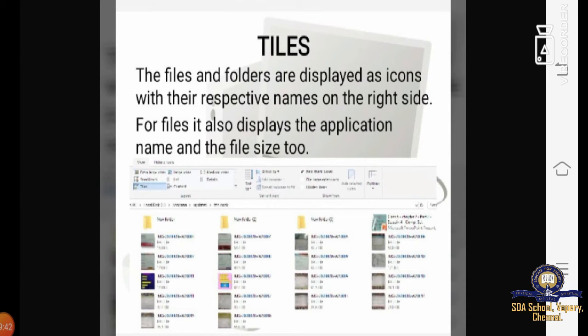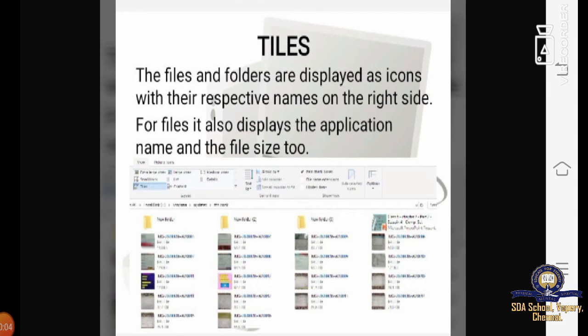Next we will study tiles. In tiles view, the files and folders are displayed as icons with their respective names on the right side. For files, it also displays the application name and the file size.